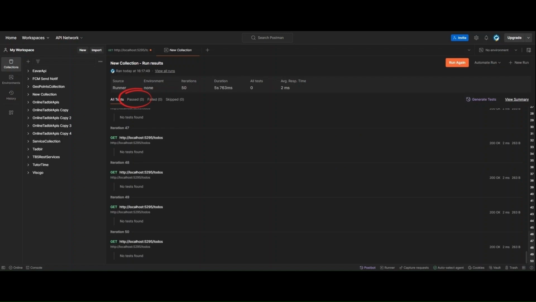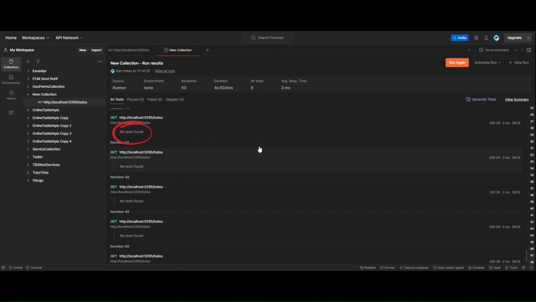In Postman, after you make a request, you can write tests using JavaScript in the Tests tab of the request to validate response data, check status codes, ensure certain conditions are met, etc. The message "No tests found" at the end of each request indicates that there are no test scripts associated with these requests. Postman is essentially telling you that while the requests were executed and responses were received, there were no tests defined to evaluate those responses.